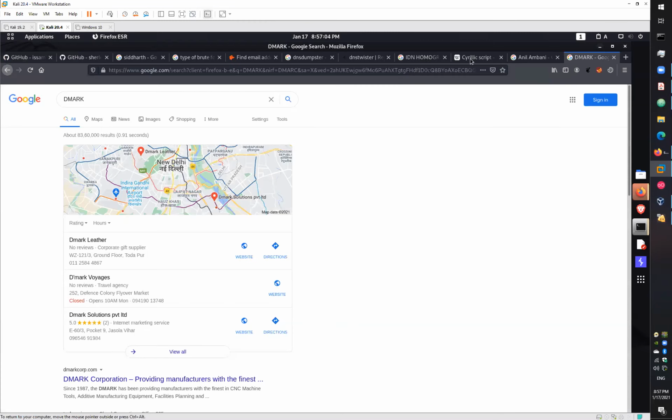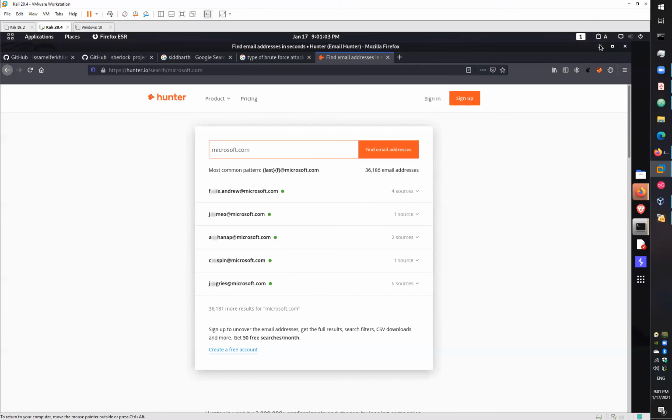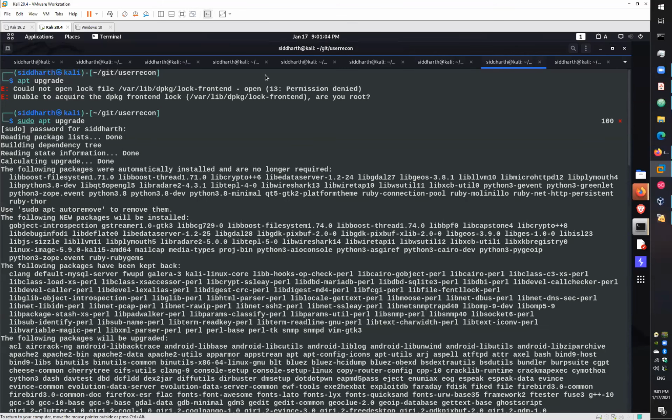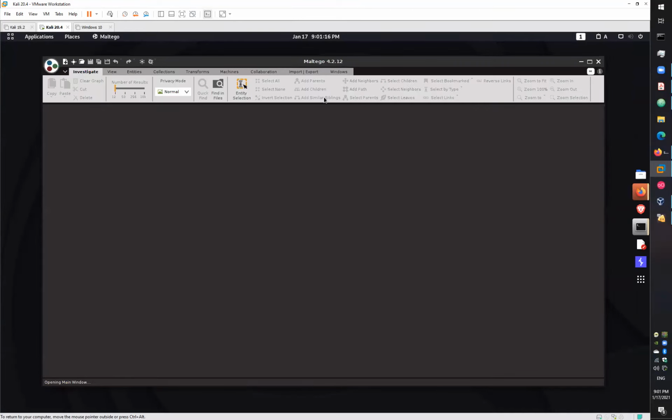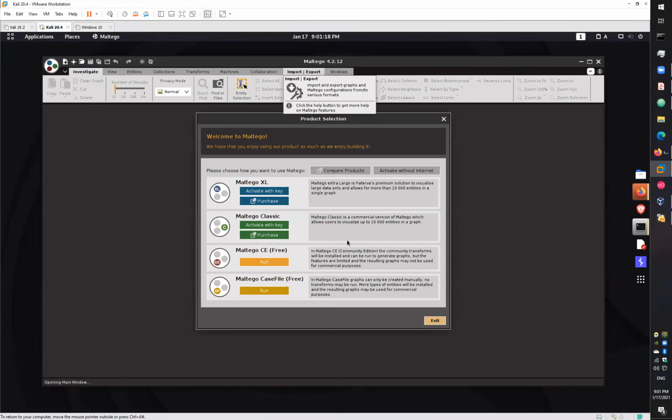Can my security device identify this? Sorry, my security profile device is like, which device can prevent this? Any idea? In Kali Linux, we have a tool, we call it Maltego. It comes pre-installed in Kali Linux. You just have to register yourself for this tool.